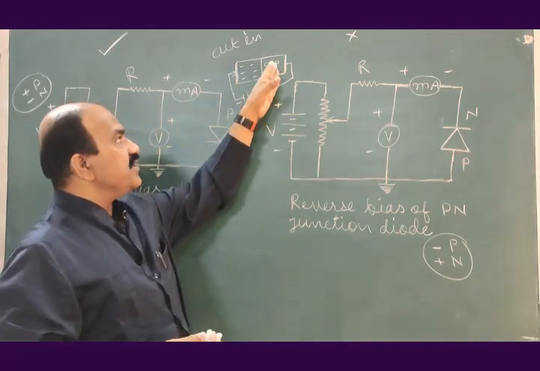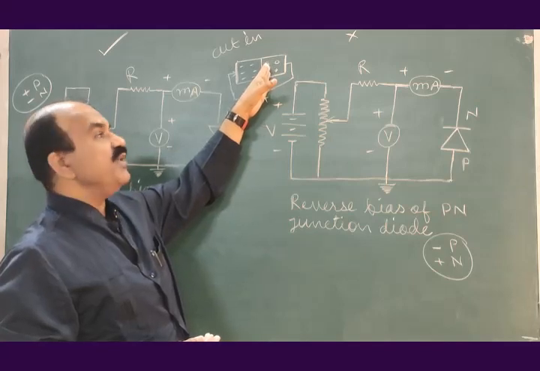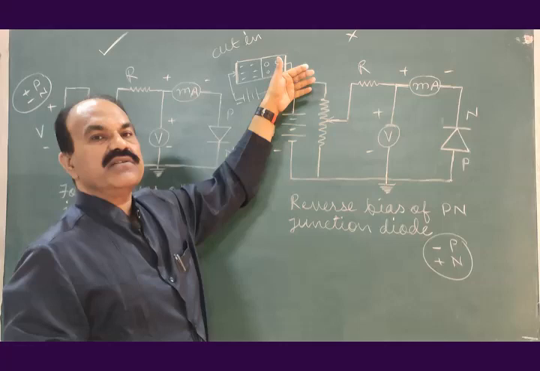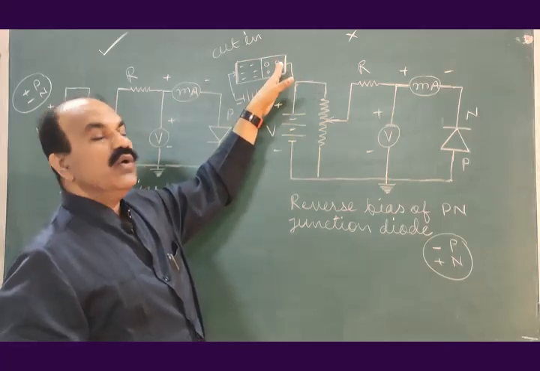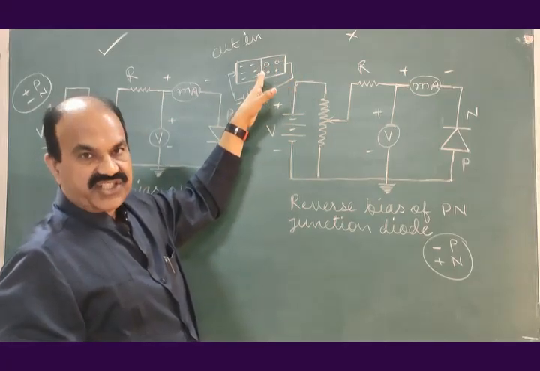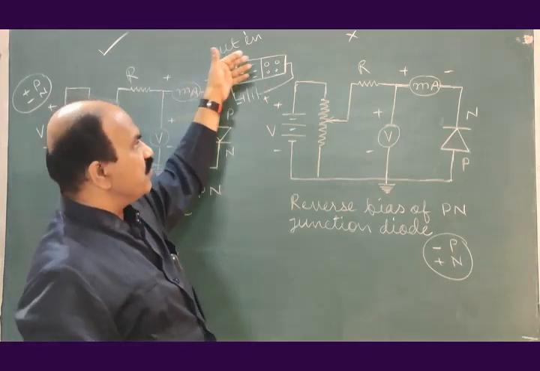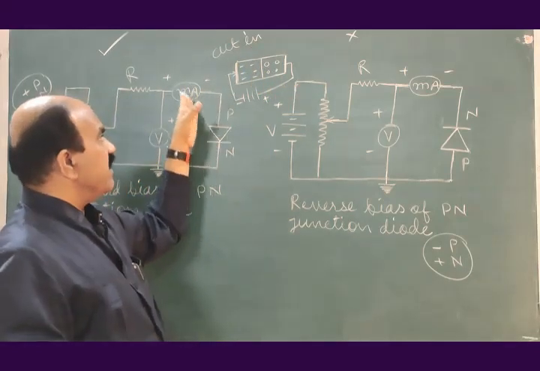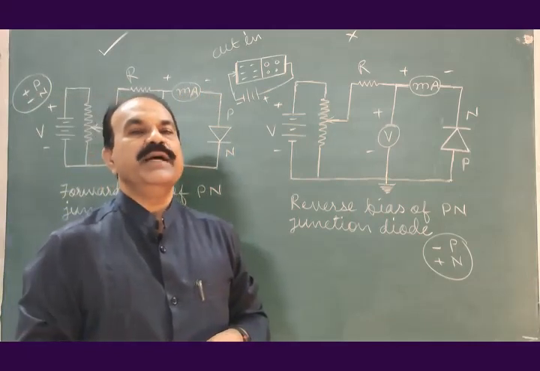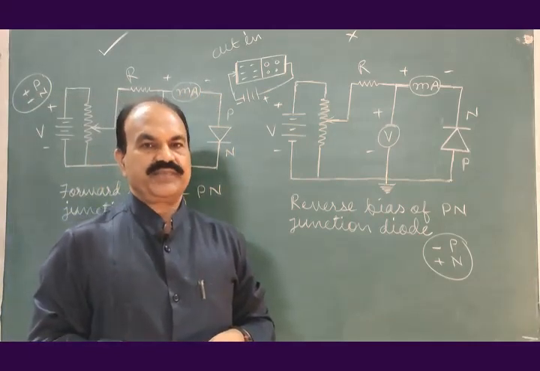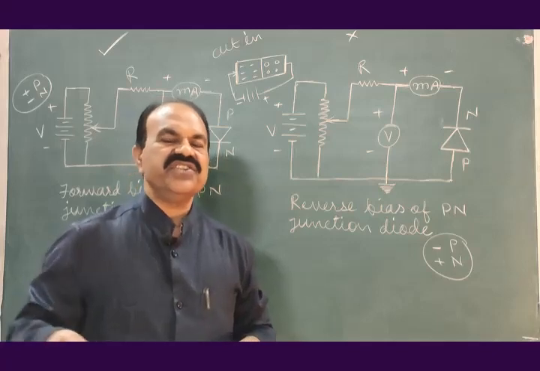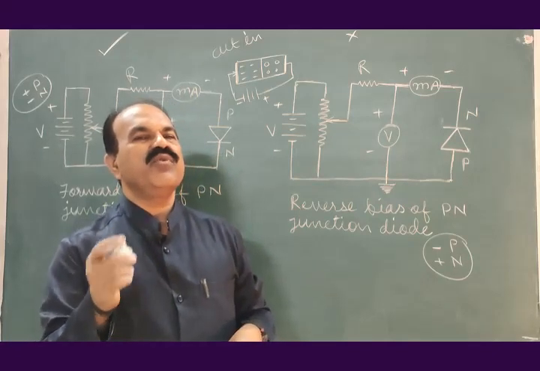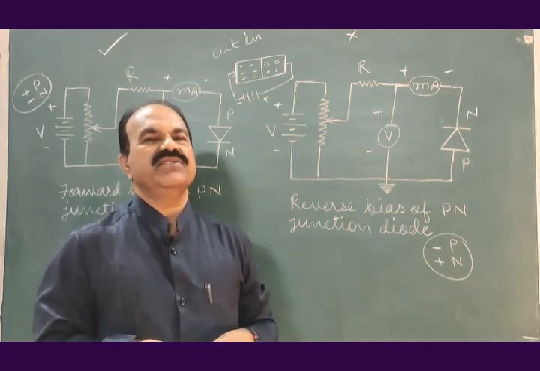Okay, the holes will seem to be moving in this direction, the electrons will move in this direction. So indirectly the holes are assisting more and more electrons to flow from N type to P type, and current will be shown by this milliammeter. This current is increasing continuously as you apply more and more voltage to the semiconductor diode.